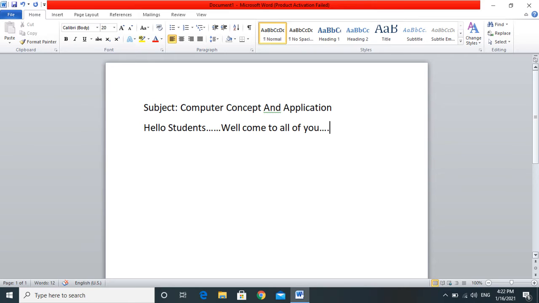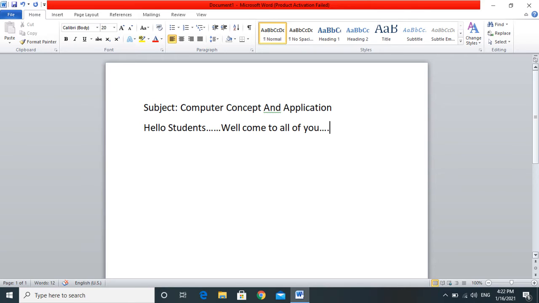Here is the work area. This is the area where the user can type and perform various other tasks. When the user clicks on the work area, a vertical bar appears which shows the location of the text. Here is the location of the text. Okay. Then these are the minimize button, maximize button and close button. Using these buttons, we can minimize the screen, maximize the screen and close the window.